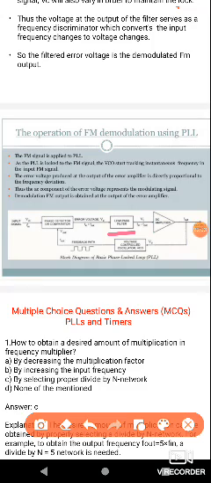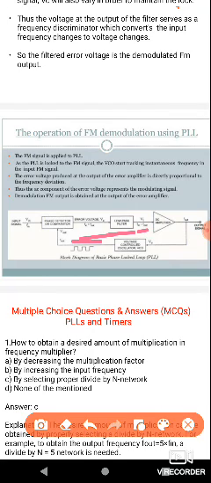The low pass filter removes the Fs plus F0 error value. Why? Because it is a high frequency component, and it allows the Fs minus F0. So Fs minus F0, or Fs minus Fout, will be amplified by the DC amplifier, and the Fout value and V0 will again be applied to the voltage controlled oscillator. This is the output.